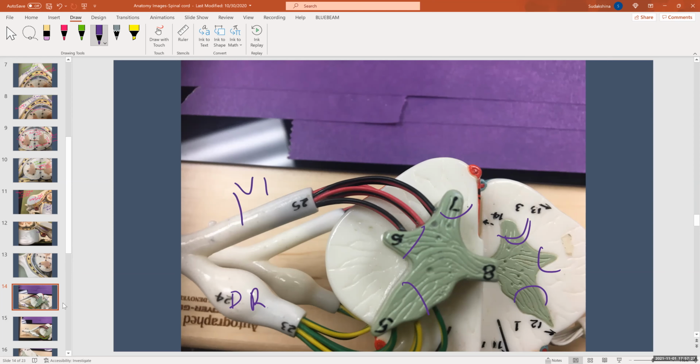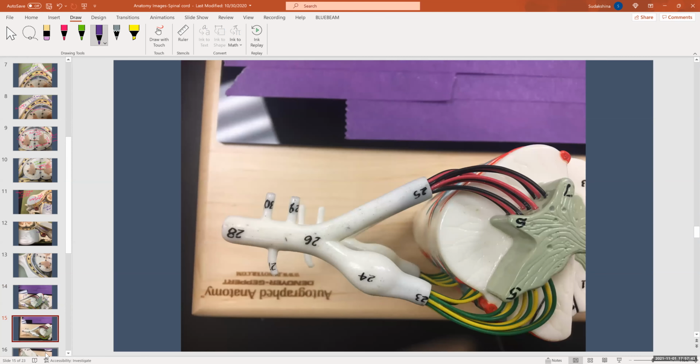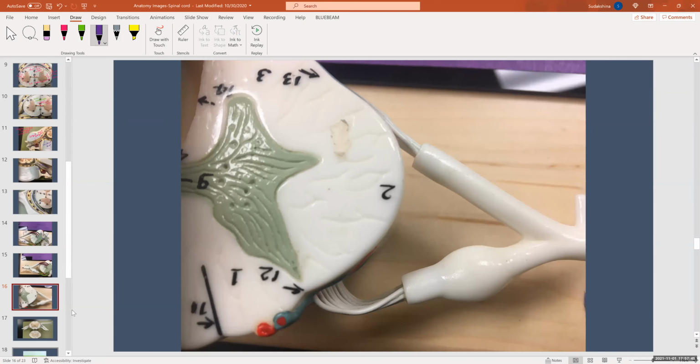This is the ventral root. Same thing, anterior white column, lateral white column, posterior white column. This is gray commissure. Basically everything that we learned before, and you can see the dorsal root, ganglion, ventral root,